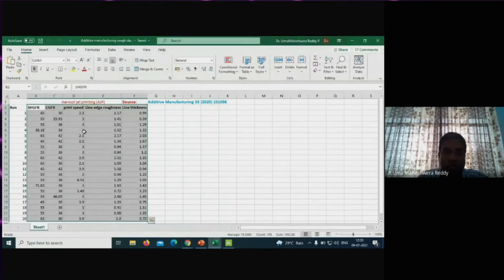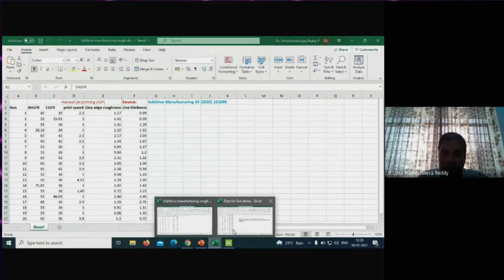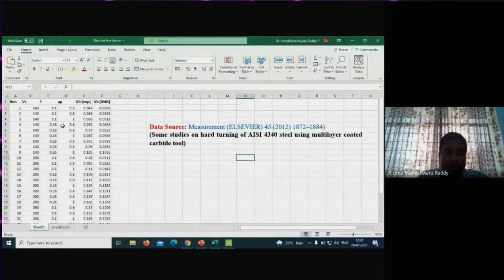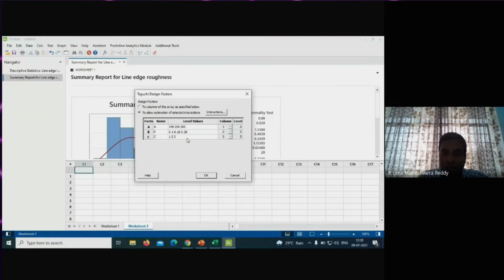The depth of cut values are 0.6, 0.8, and 1. So you have given all the levels for all the factors. If you want to define A as cutting speed, you can type it like this. Then click OK.